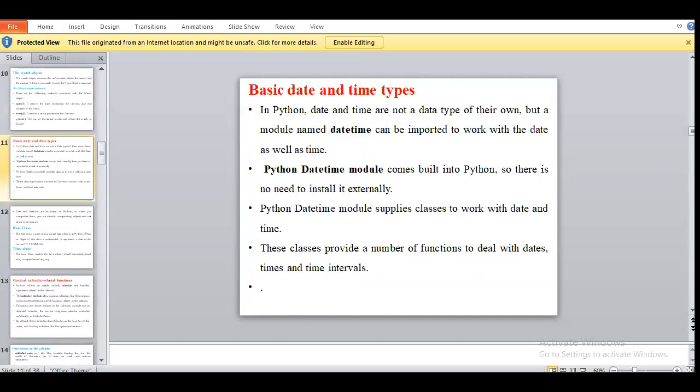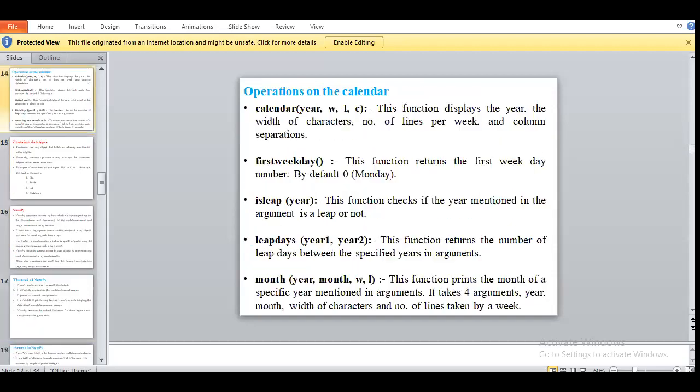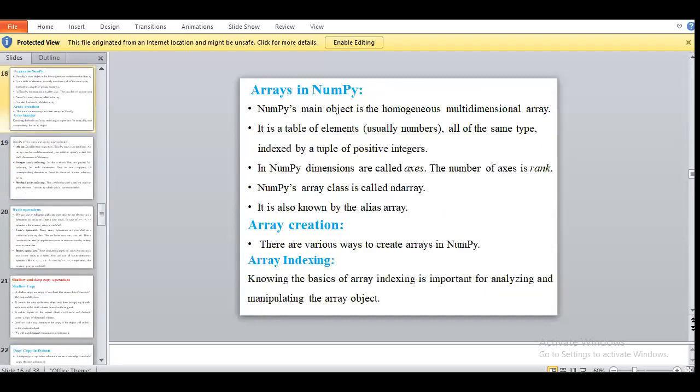Any doubt regarding date, time, and calendar programs? Okay. So today we will see the next point.